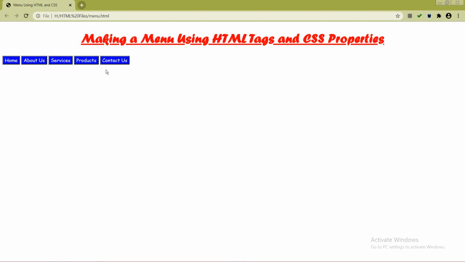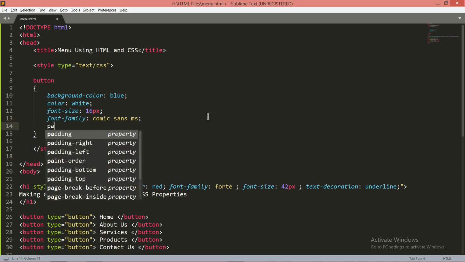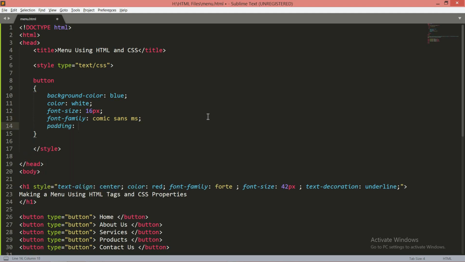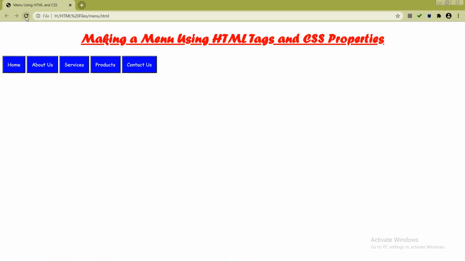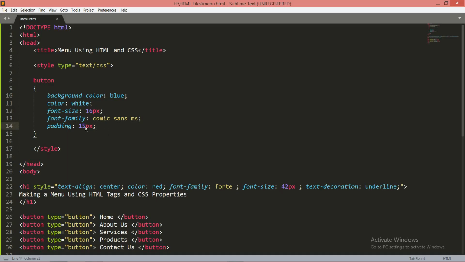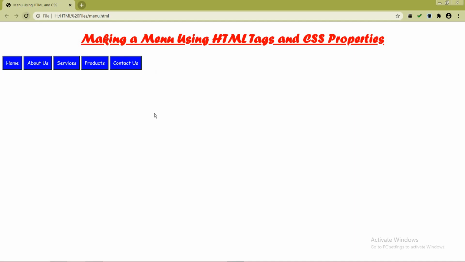Now if I want to make this button large, simply what you have to do, just give a property, that is padding. Padding means just to give the internal space of the element. I want to give, let it be 15 pixels space in the element. Whenever you refresh the page you can see this is the padding. The internal spacing between the button and the text is called padding. Whatever space you want to give, if you want to reduce it, let it be 10 pixels as per the requirement. You can set it to any size.